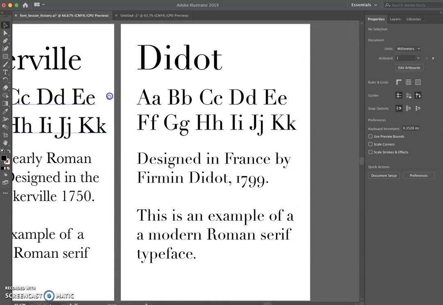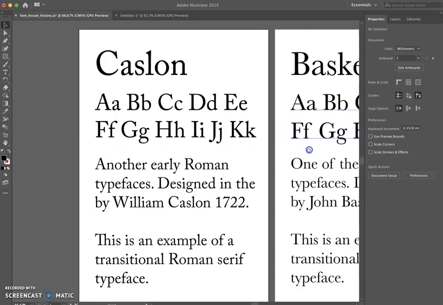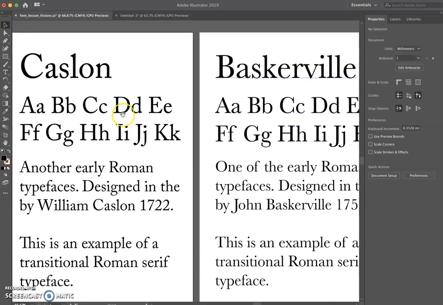And I've got Dido. I don't have the other typefaces on my machine, so I can't make one of these for each of them. But you can see there are some differences. The main differences, to be honest, are in the treatment of the serifs. So